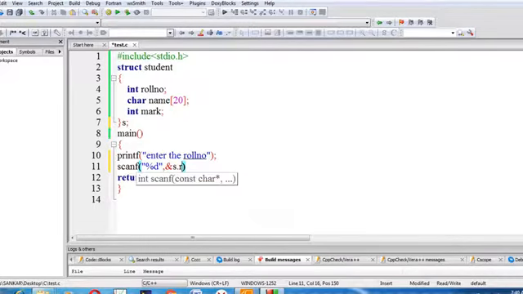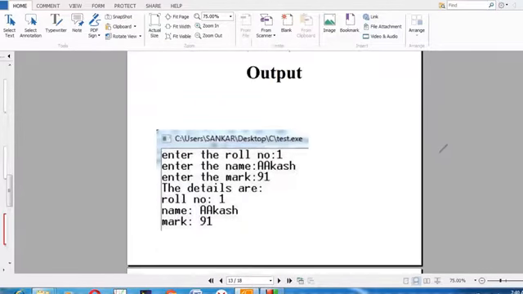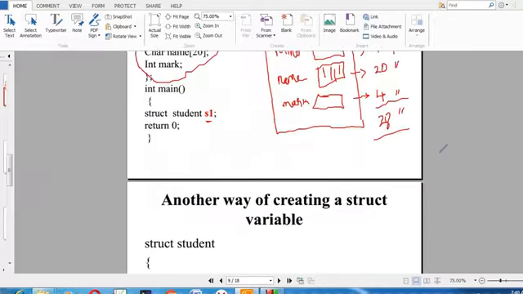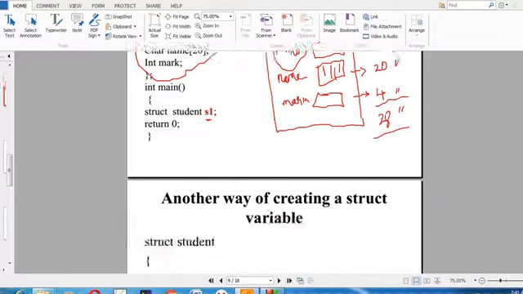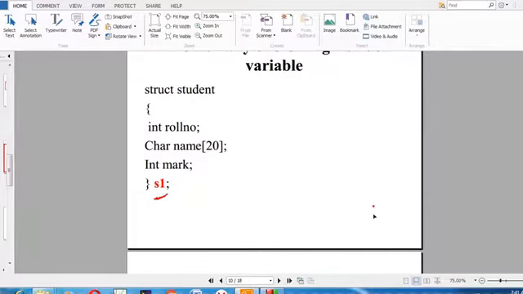So all of you look here. If you want to access a roll number, we cannot directly access it. It is like a class. The structure variable is a faculty, and roll number, name, and mark are all the students. If anyone wants to talk to the students, they cannot talk directly; they can talk to the students only through the faculty. So S1 dot roll number, S1 dot name, S1 dot mark, that way only it is possible. Similarly here also, the same thing.